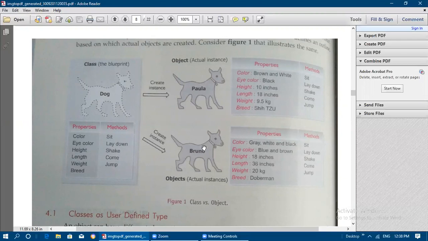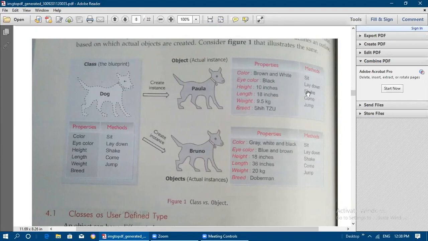So these two objects are a part of what? The class. So they are inheriting the properties and methods of this class. Here the properties and methods are combined under one single unit called a class. This is known as encapsulation. And here these two objects are inheriting these properties and methods. See here, the same property names are mentioned in the pink color. The methods are also the same methods, from this class only.